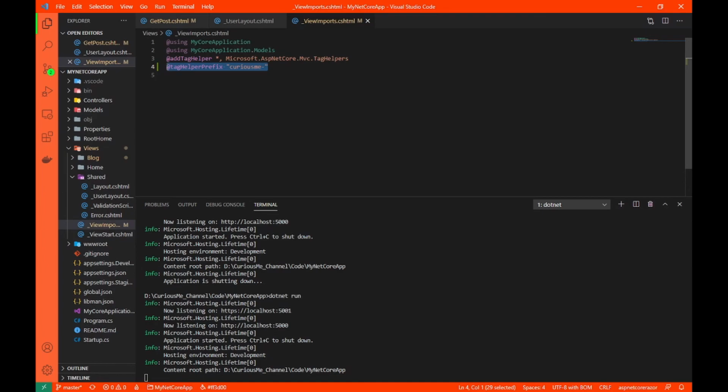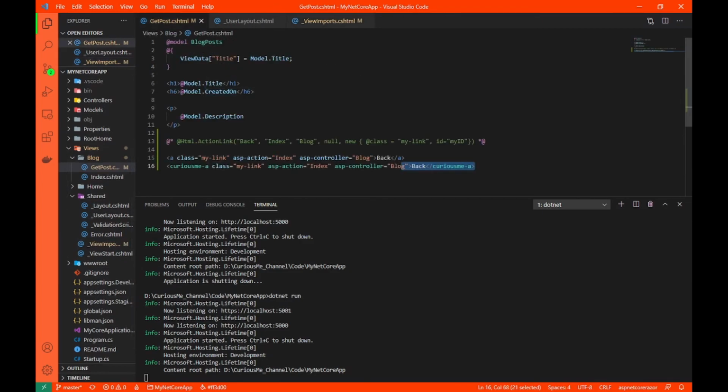And regarding tag helpers and tight binding, we'll discuss this in our next video, where we will be using forms and models, and we'll tightly bind our views and all those things. So don't worry about it. Just be clear as to what is a tag helper and what is an HTML helper.